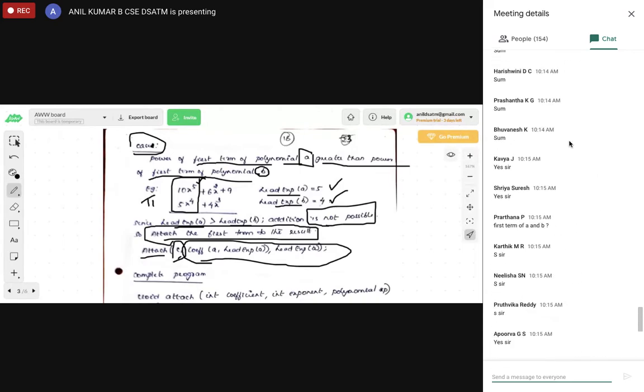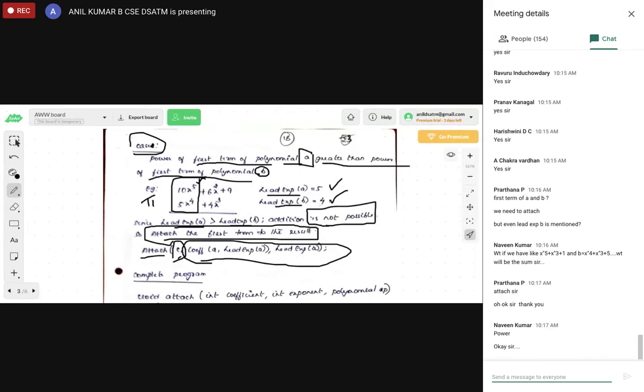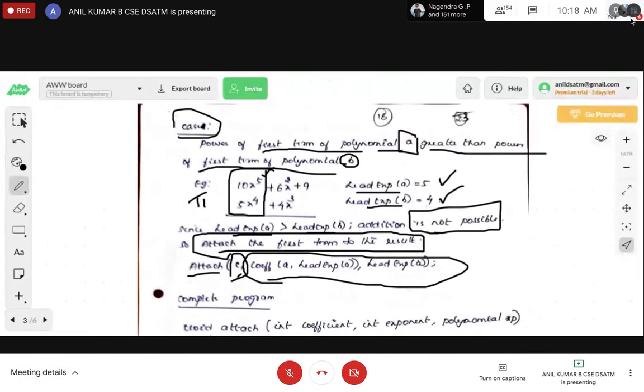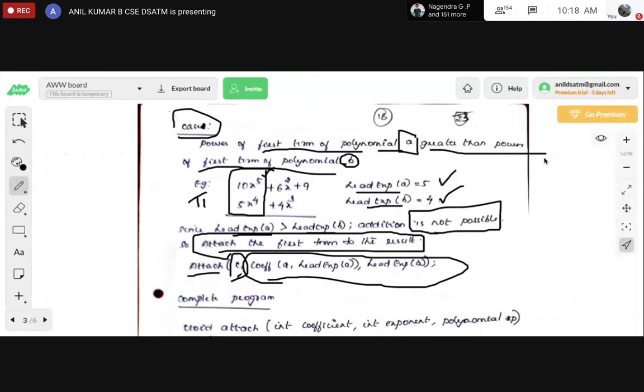Is it clear? So when you want to perform summation, the powers of the first terms must be equal. Case number 1, I think you might not have seen that recording session. I will share it. If you have not attended properly, please go through it. If you miss a 5 or 10 minute break and come back, it's not possible for you to learn later. So be careful and listen carefully. Here itself it is gone. That is x power 5 first term, x power 4. Since that's greater, it is not possible. Any other doubts?